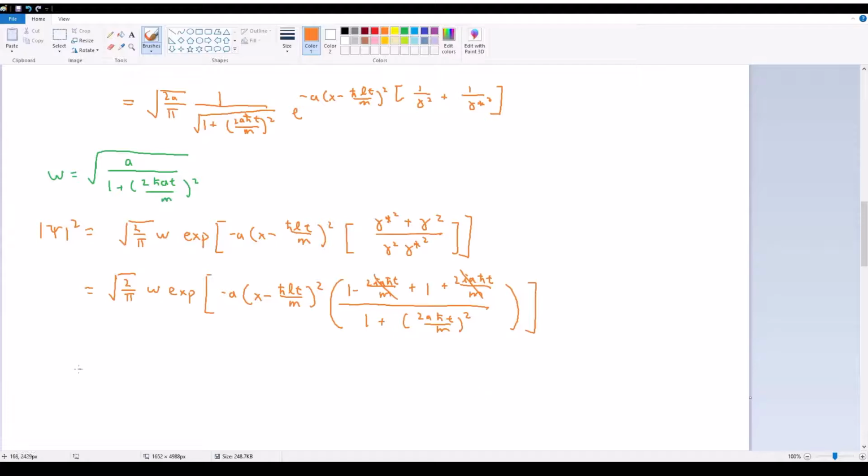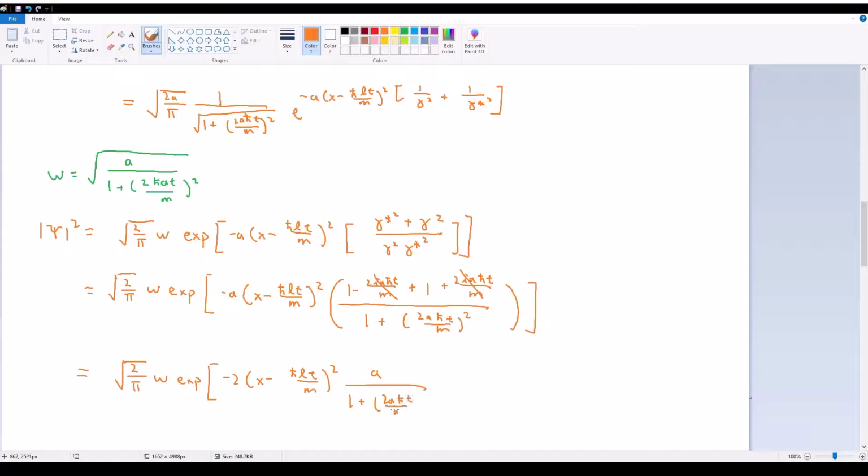We get square root of 2 over pi times omega times exp, and I'm going to move the a over because this is looking very similar to an omega term. And I'm going to move the 2 here out, so this is going to be negative 2 x minus h bar lt over m squared, and then we have the a at the top over 1 plus 2a h bar